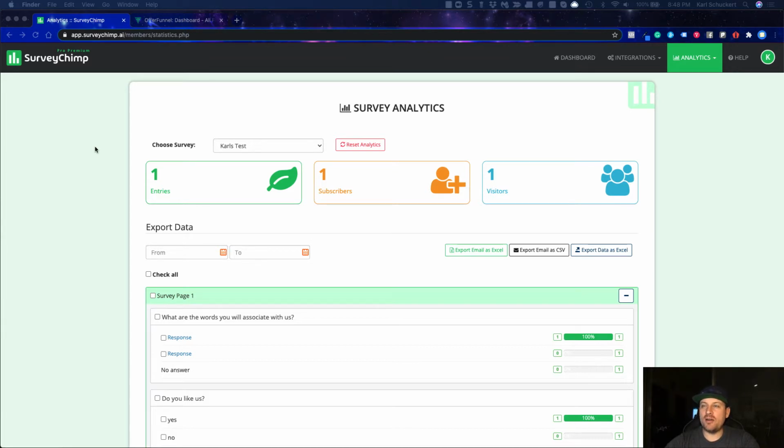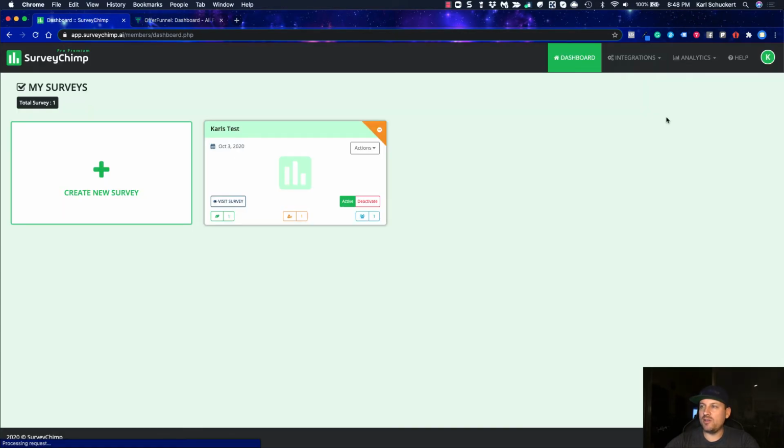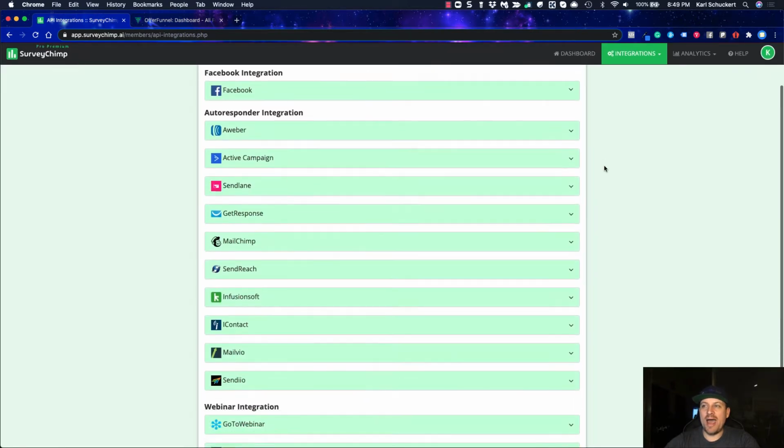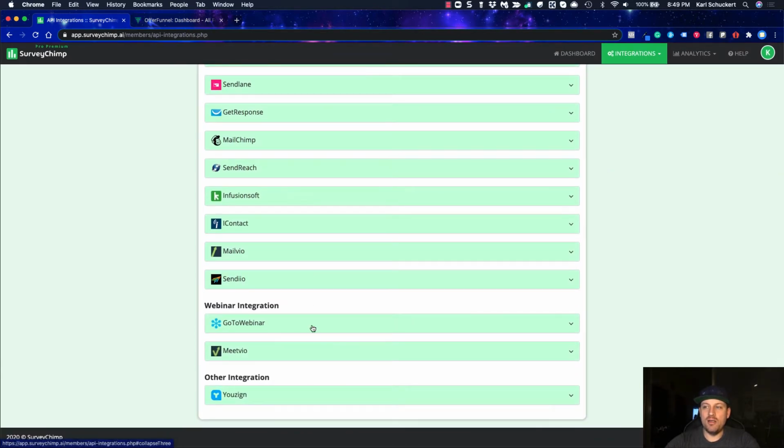So let's go ahead and hop on here where you guys can see the screen with me. Basically, this is just the analytics. I'm going to go back over here to the dashboard. Actually, before I do that, I want to go into integrations real quickly. They have API integrations and SMTP integrations, so you could have SMTP email sent out if you wanted to, or you can pass the data over to your favorite autoresponder, over to your webinar connection, or you could also use Usign because Martin Krimlish is one of the founding creators of Usign, and so obviously there's going to be that connection there.